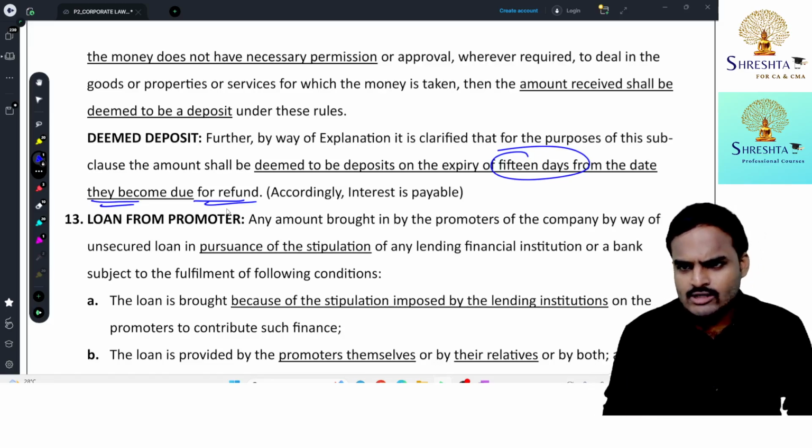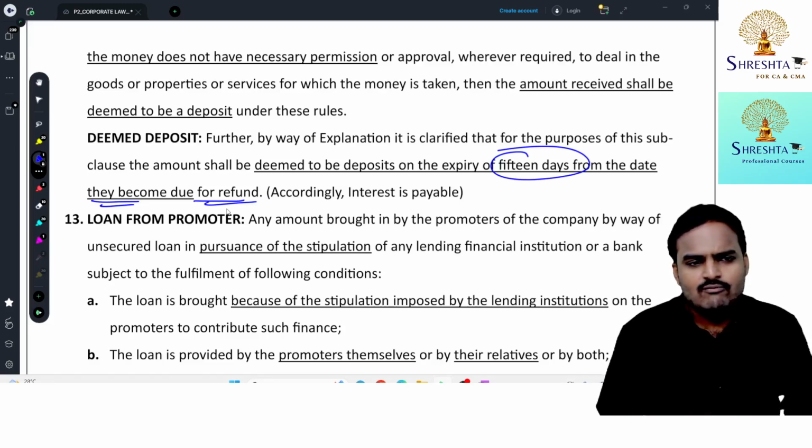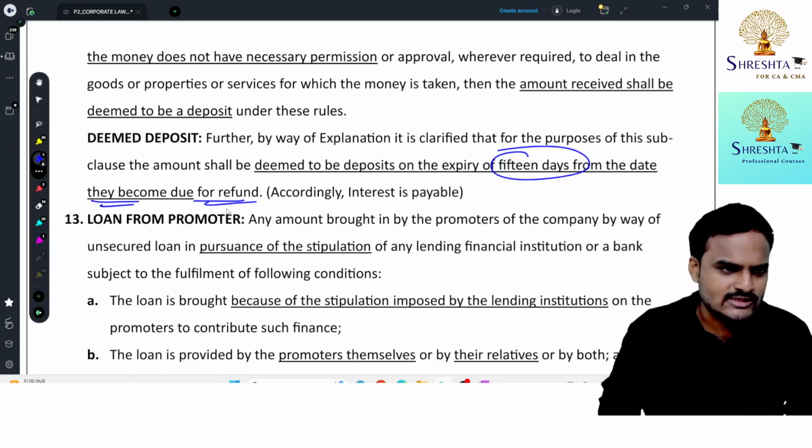Against that service we received advance, and suddenly we received a notice from government: stop providing services. We got important data about you, that you got a telecom license simply by paying bribes to the department, and you are violating the provisions of telecom regulatory authority rules and regulations. TRAI regulations you are violating. Like that, we received a complaint against you. Now stop providing the services. Once I stop providing services to my customers, I need to refund all the advances. So if I refund all those advances within 15 days, then not a deposit. Fail to refund within 15 days, it becomes deposit.